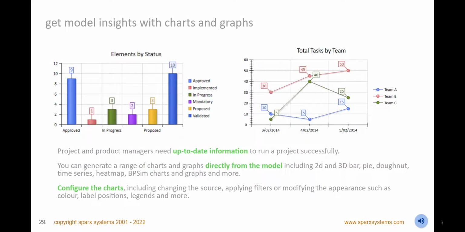Visualize a range of repository information such as element statuses, team tasks, a heat map of application costs, critical components by deployment type and vendor, and more, in compelling charts and graphs viewable on dashboard diagrams. Use the diagrams to drive repository administration and modeling tasks, and include them in reports and publications. You can also set display options including legends and colors to make the charts more appealing and meaningful.